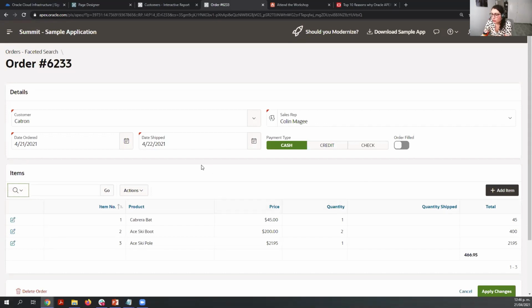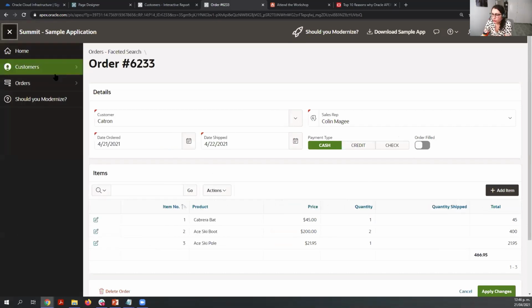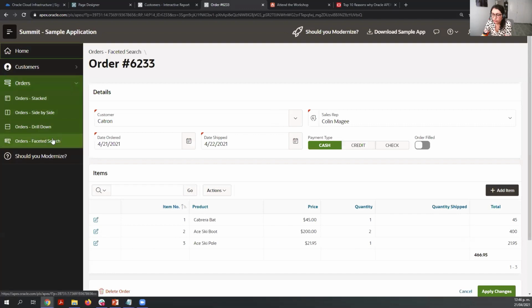Okay. So here are 4 options in this Summit sample application. You can run this application by yourself. It's public, and you can run it at any moment. Okay. The last thing that I want to show you